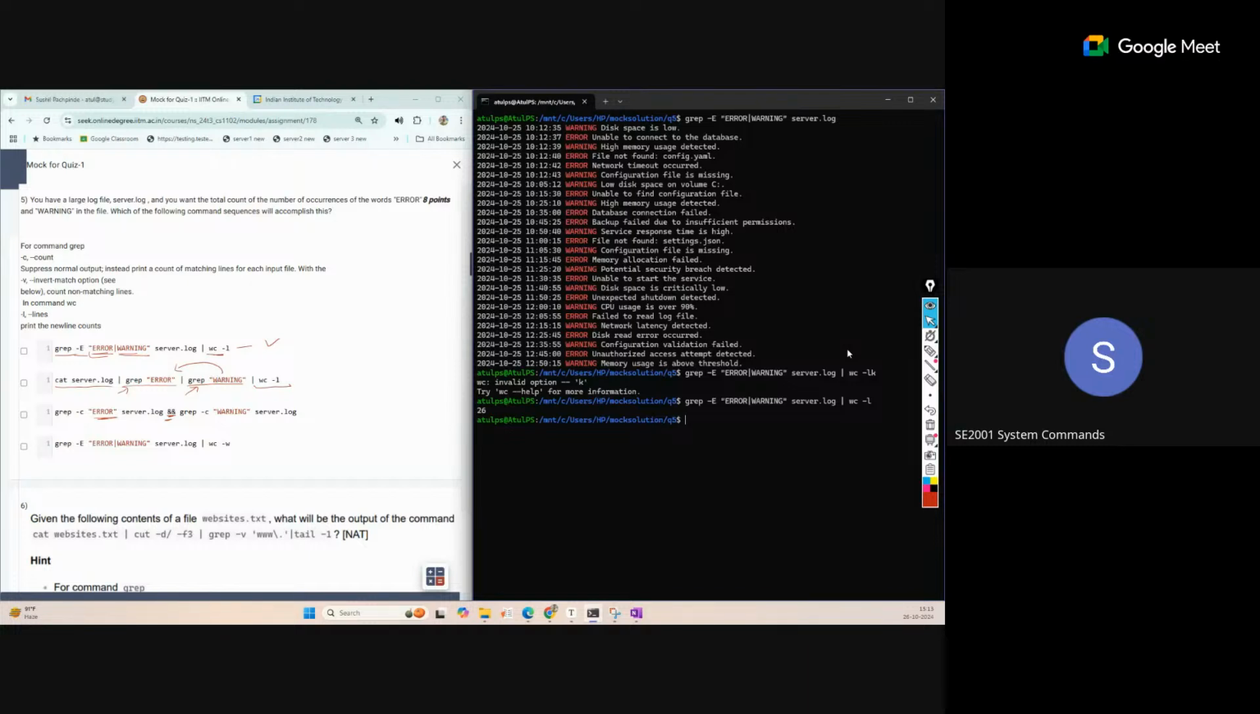So this is representing the total number of error and warning lines. Okay, Sir, what is the difference between hyphen capital E and hyphen P? Usually we use hyphen P for printing, right? No, hyphen capital P just extends the searching power of the grep command, for some specific structure